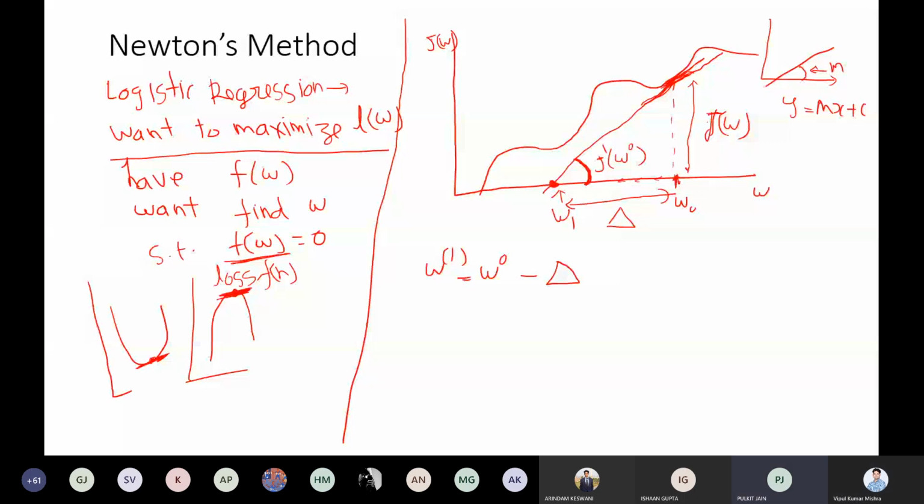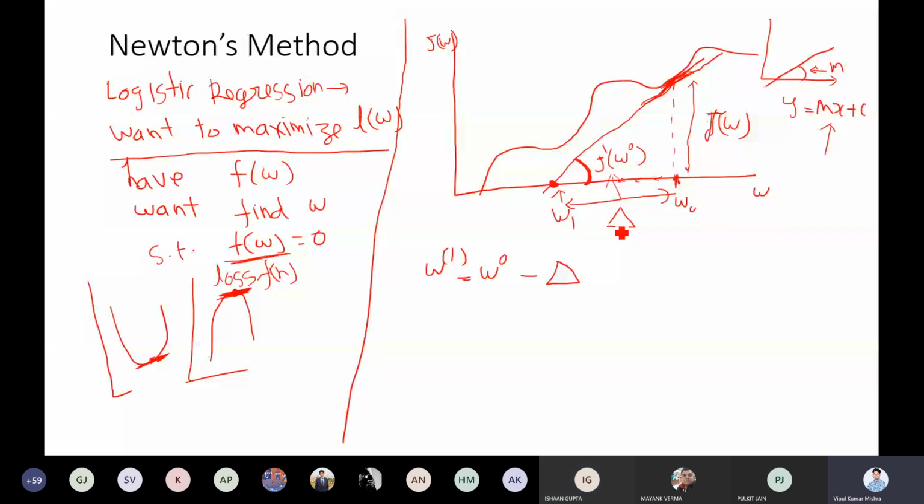Sir, I did not understand the relation between angle and slope that you just explained. So either you say angle or you say slope, both are the same thing. What about this m? It is the slope, sir. Right? And here also we can say this is the slope.